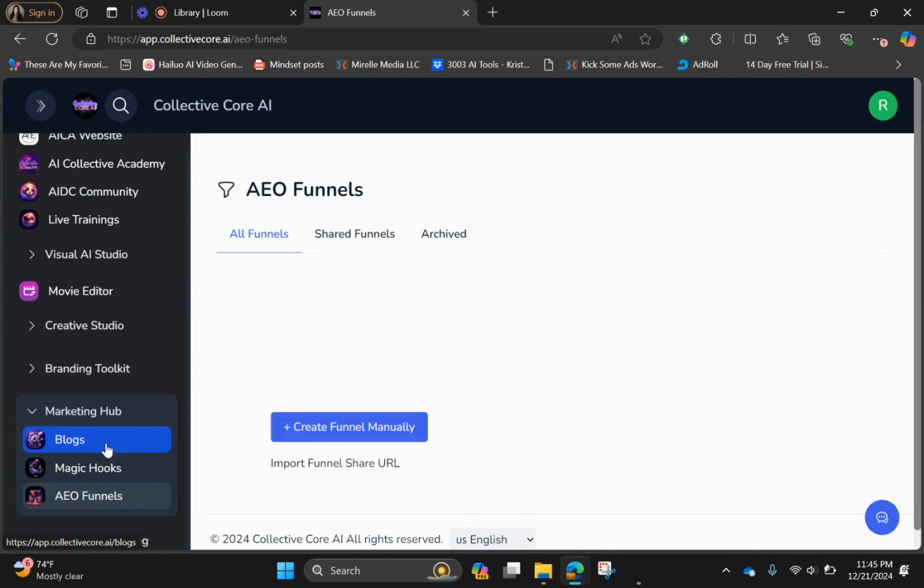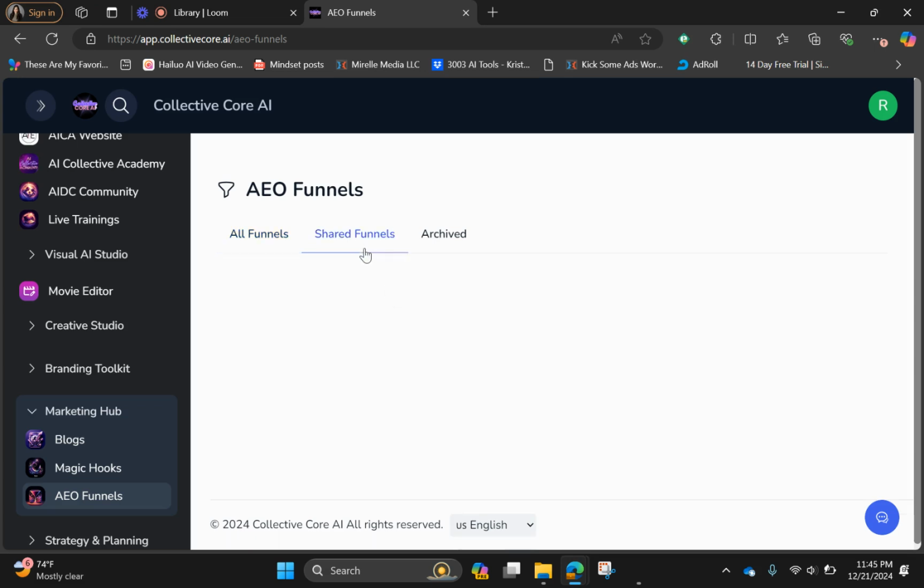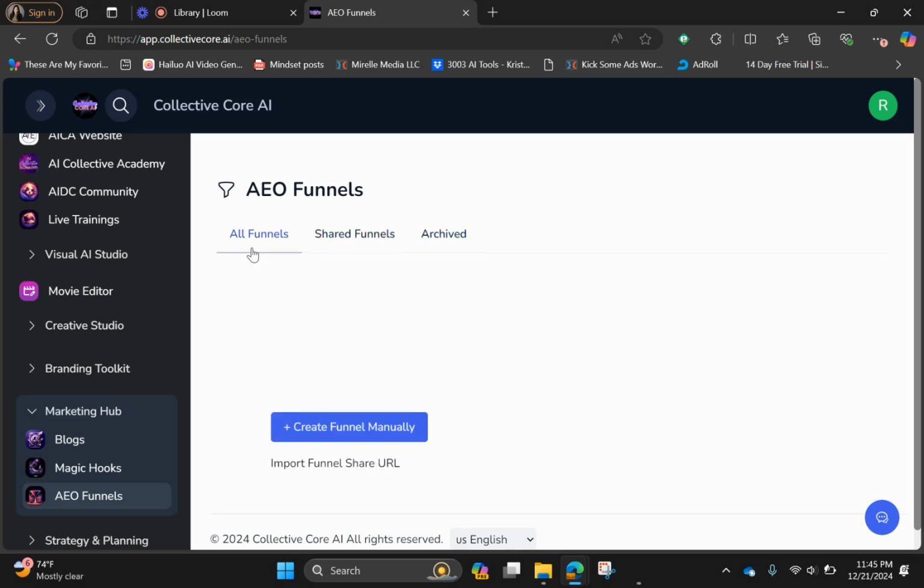Here you can create your own funnel. I'm not going to get very deep into it because there is a lot that comes with this app itself. But AEO basically stands for Answer Engine Optimization. And that just means it's kind of like SEO. You know how SEO is to be searched in Google? AEO is so that you can have the possibility of being searched on ChatGPT or Gemini or any large language model,